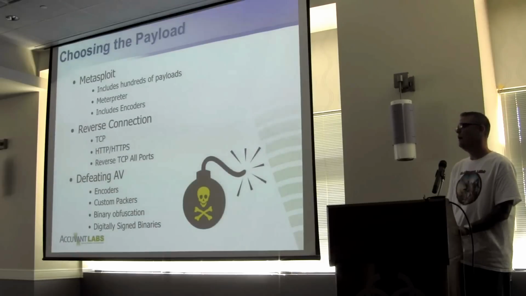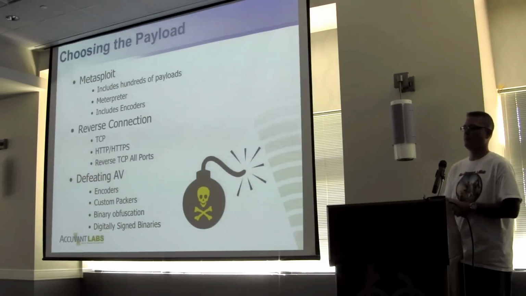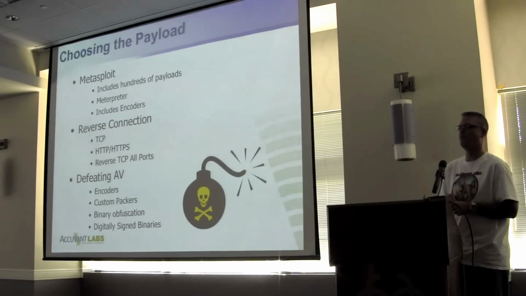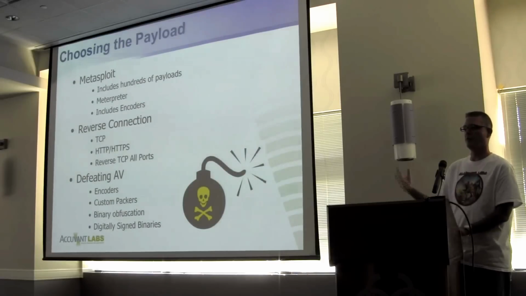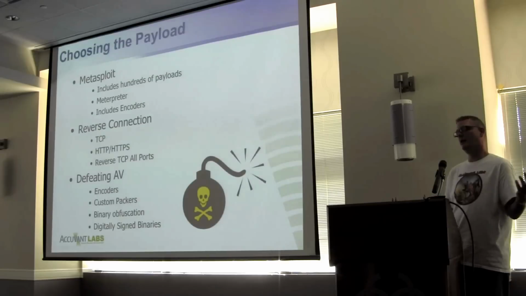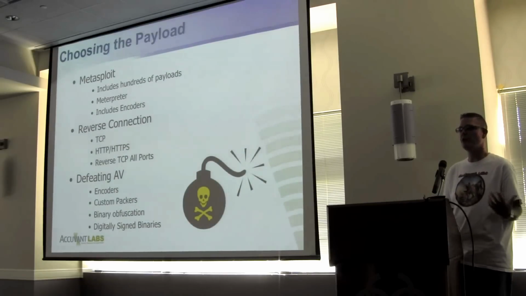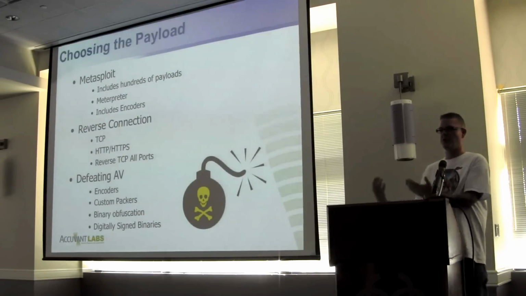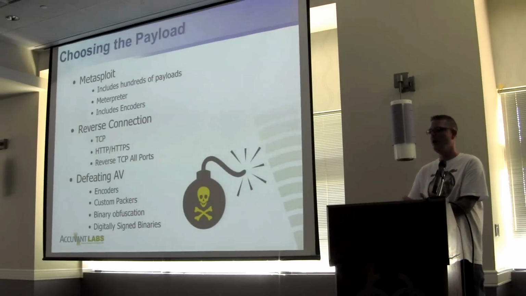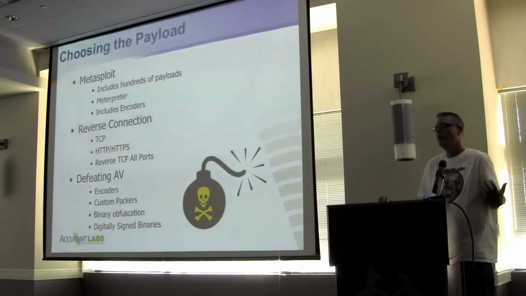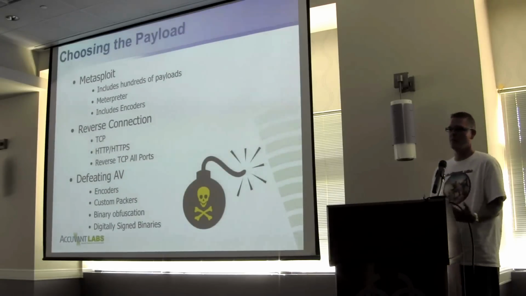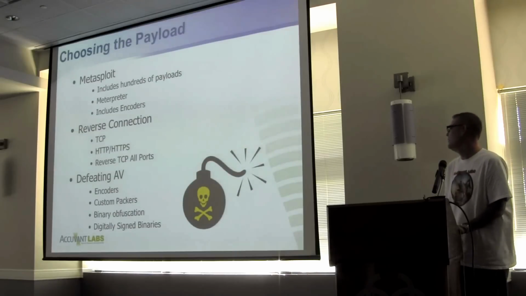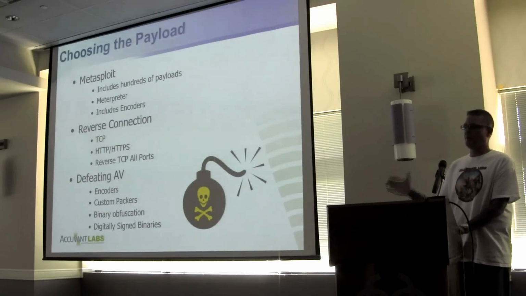And then defeating AV, obviously back to what I was talking about, researching the company. We want to find out what kind of AV the company has. It's really easy. You go to LinkedIn and you look up the company's job postings and you look for, I need a semantic expert. Oh, awesome. Think about when you make a job posting, you want somebody that can specifically work on what you have, right? So I need an expert in OWA Exchange 2010 or whatever. Now I know what kind of mail server you're running. I need an expert in McAfee deployments. Now I know I'm up against McAfee AV. So, another thing to think about when putting your information out on the internet.